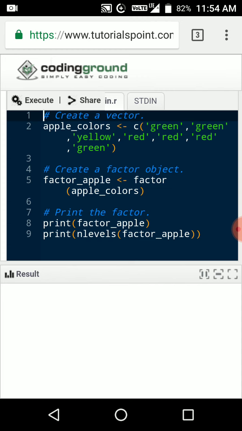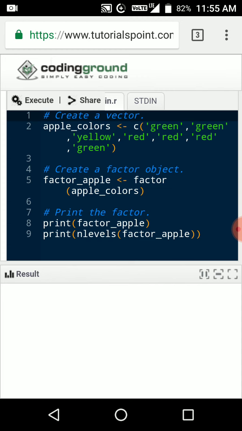Apple colors: after the prompt symbol we are giving some characters with the help of the c function: green, yellow, red, green. And we are giving the comment "create a factor object". For a factor object, we are creating one object.